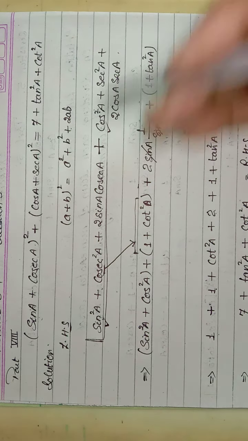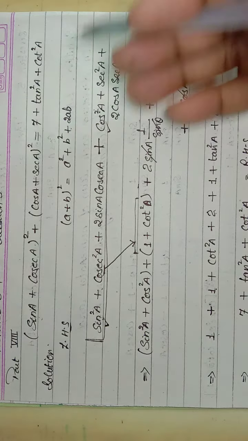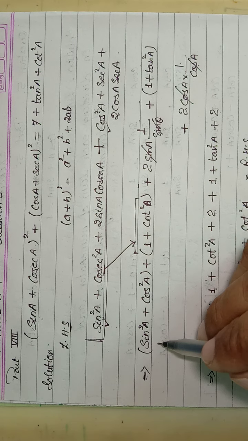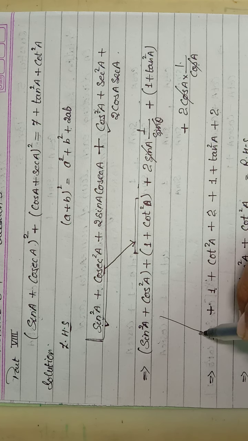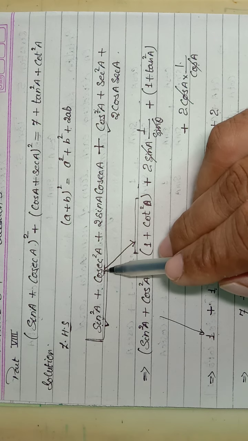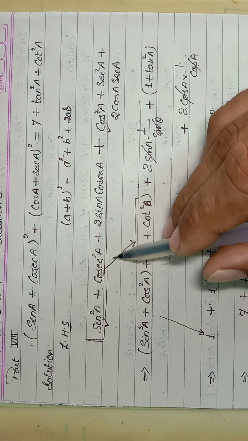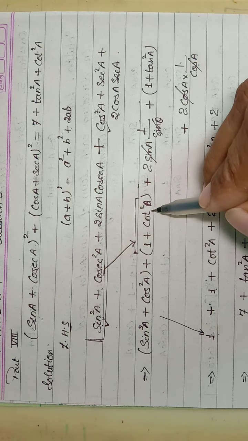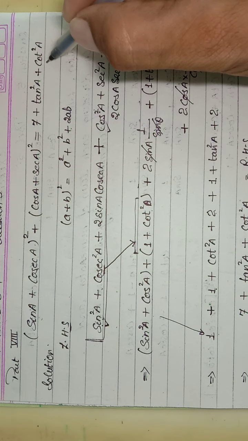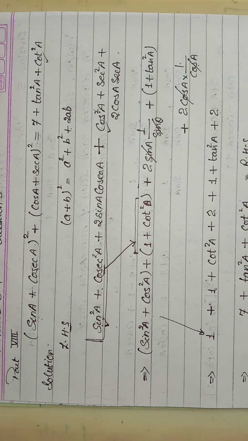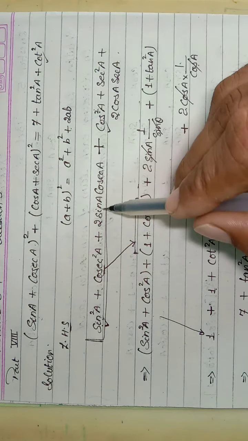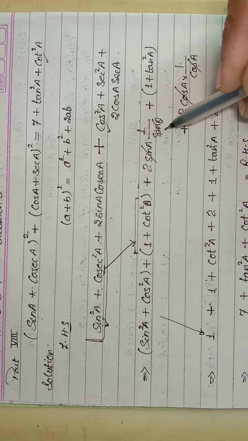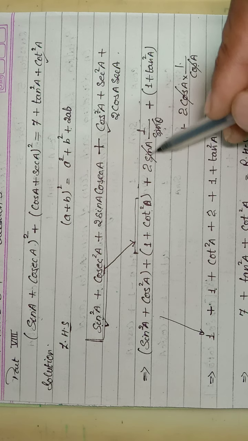Now we will shift the values according to our requirement. So sin theta and cos theta I have taken together because these two make 1. These two will become what later? They will become 1. Cosec I have broken, that means I have written cosec in the form of 1 plus cot theta. Why have I converted it? Because we need to have a cot square theta at the RHS side. Then after you can see sin and cosec. So this cosec can be written in the form of 1 by sin. So it can be cancelled here.